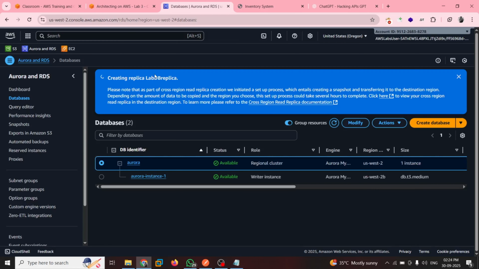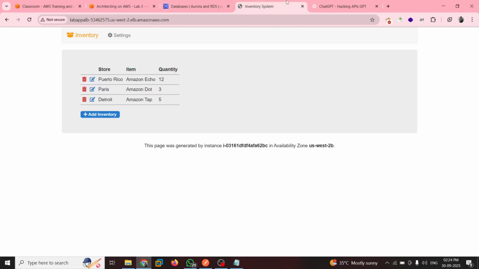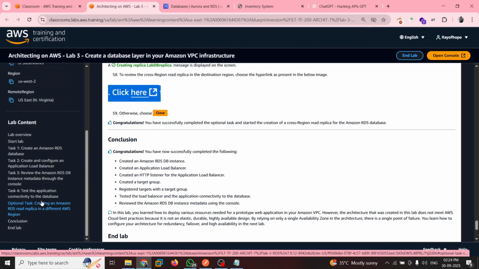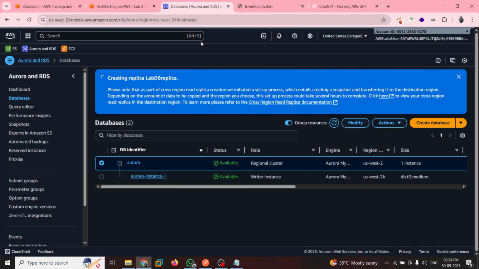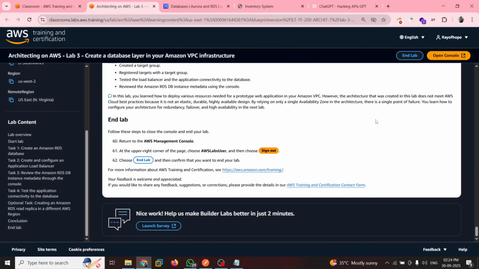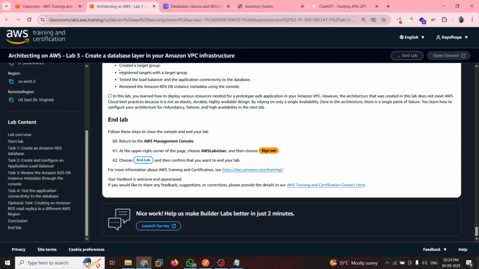Creating replica of the lab. Okay. So now we did the creation of Amazon RDS, creation and configuration of the application load balancer, and reviewed the Amazon RDS DB instance through metadata. We tested the application connectivity that we did over here, and then the creation of an Amazon RDS read replica in a different AWS region that we just did. Cool. So I believe you might have learned something from this lab, and if it helps, do